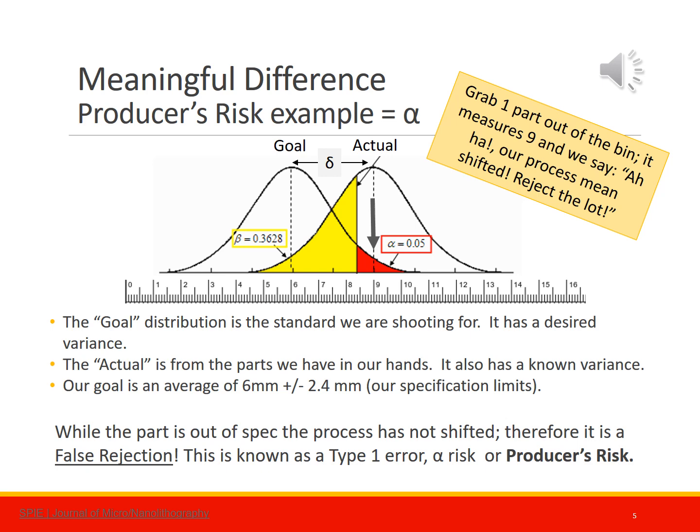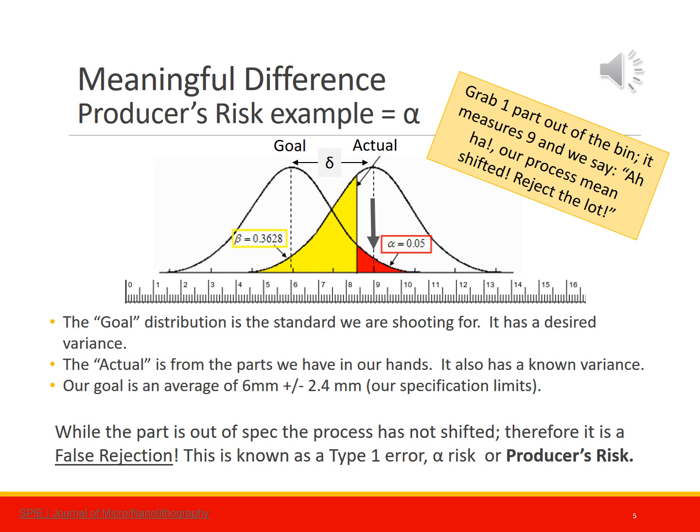So let's say our goal is an average of 6 millimeters plus or minus 2.4 millimeters. Those are our specification limits. So we run the process, we grab a part and measure it, and it measures 9. And we say, aha! Our process has mean shifted. Our actual average and variance has shifted. Reject the lot! But a measurement of 9 could, and in this case did, come from the red zone, the